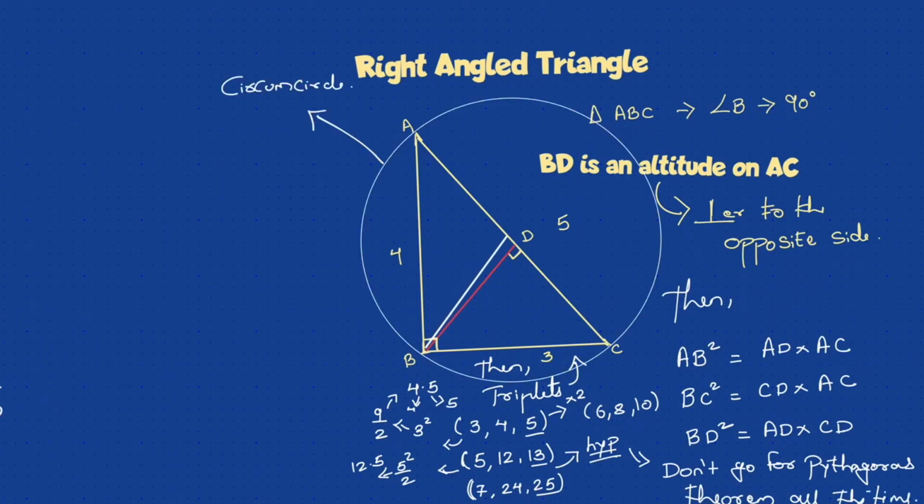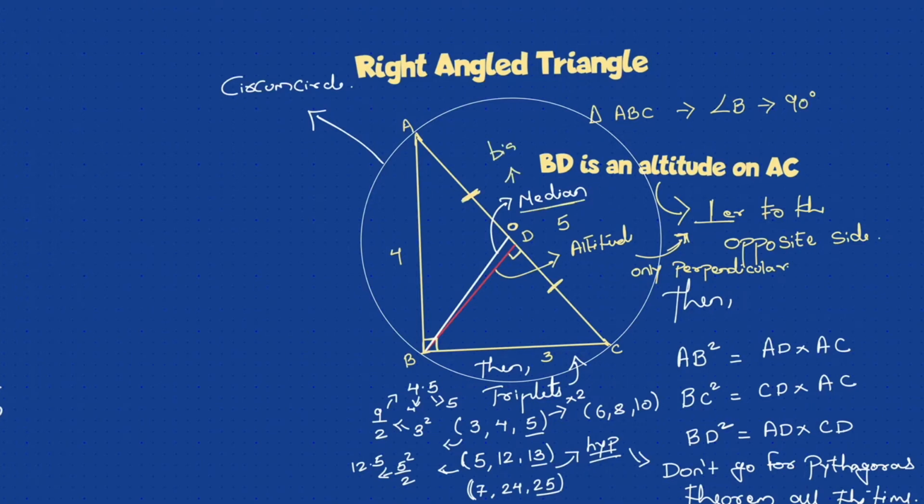Let's take one more concept, the circumcircle. As we know, it is drawn outside, touching the three vertices. Now something that is in white is very important. This is called a median, and you will see a lot of medians when we enter into equilateral triangles at the end. What is a median? The median just bisects the opposite side. What is an altitude? It is perpendicular to the opposite side. Whereas the median bisects, which means it will divide the opposite side into two equal parts. That is your median.